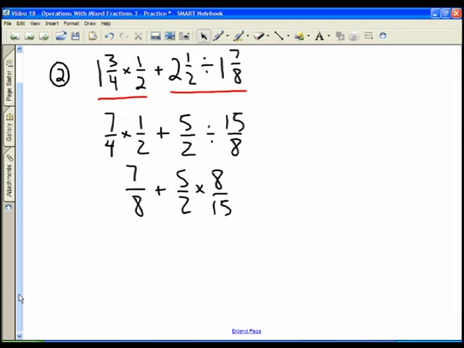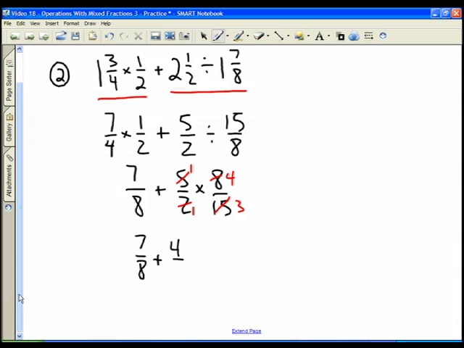And now this works out nicely because, again, at this point it makes a lot of sense to reduce before we go ahead and do our multiplication because our numbers will be smaller. So the 8 and the 2 reduce nicely. 2 goes into 2 once, and 2 goes into 8 4 times. And then 5 goes into 5 once, and into 15 3 times. So we're left here now with 7 eighths plus